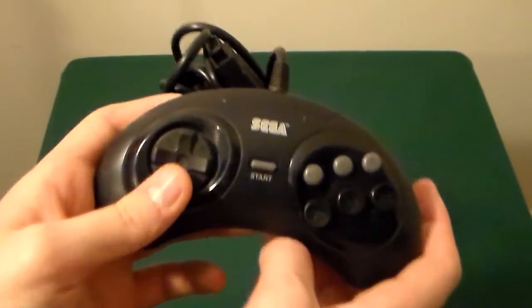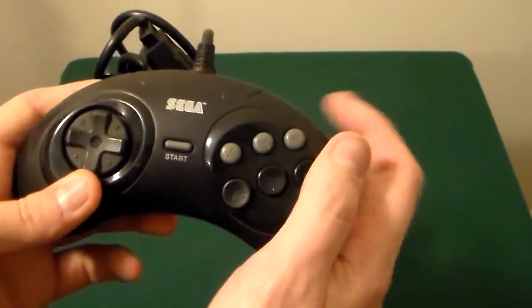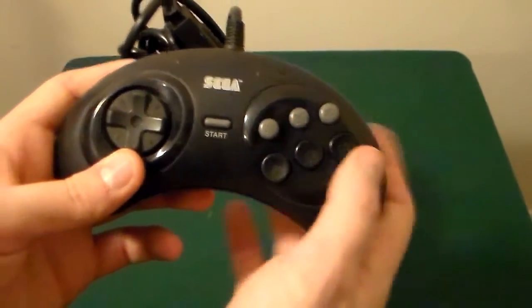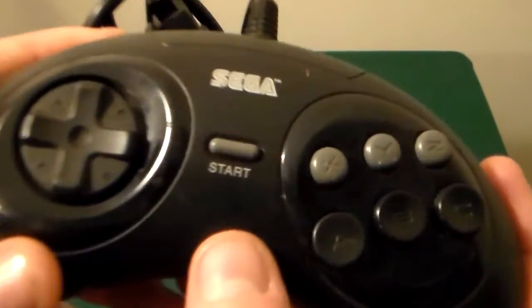The mode button was also used to some effect in games as an extra button. Just during gameplay you could press the mode button as just a random button, but okay, whatever, Sega. Then of course we do have the start button, a little pill shape as it always is,